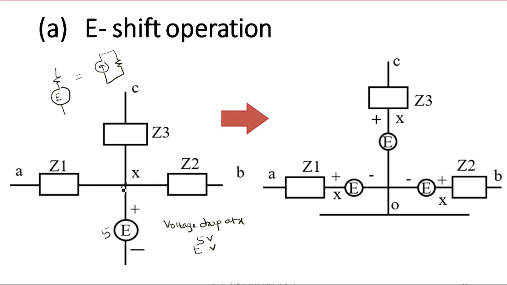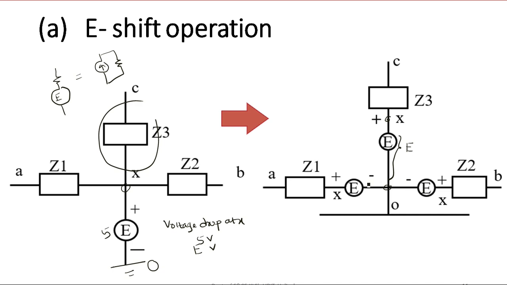So we know that this point is X, so you can shift this to each of the impedances. If I consider only this one, you can see that X is shifted, it has been taken back to that impedance, but the other side of the network is connected to ground. So this was grounded, so this is nothing but 0. So still we can see that the voltage drop here is the same, right?